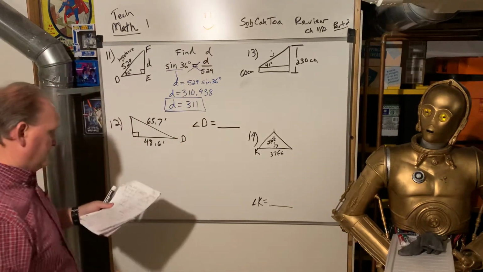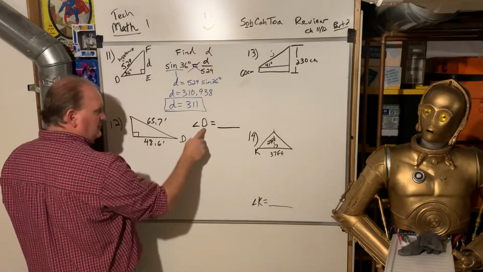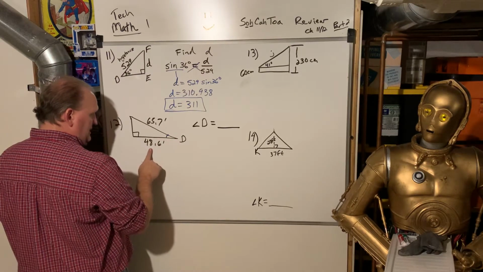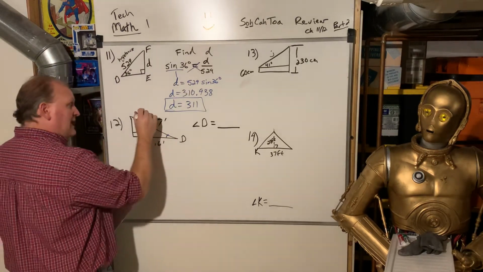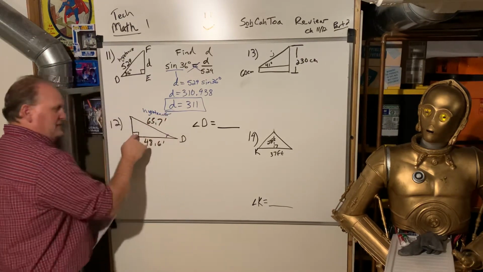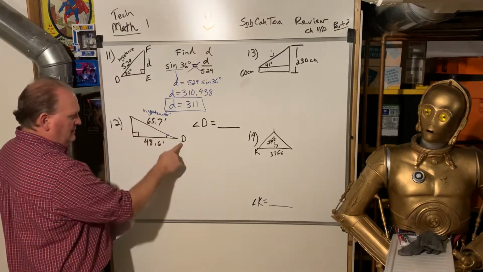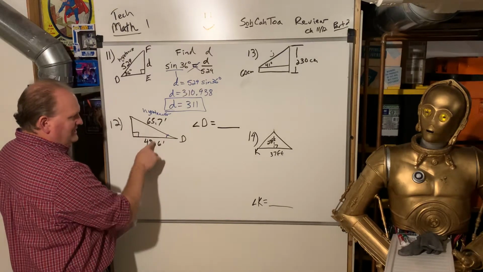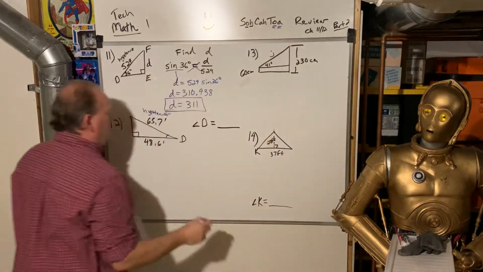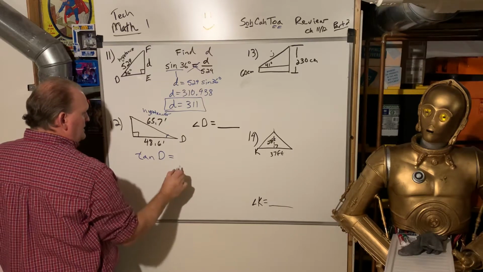Okay, let's look at this one. They want us to find angle D, this angle, and what do we have? We have adjacent, this would be the opposite, this is again the hypotenuse. Side opposite the 90 is the hypotenuse. So in reference to this angle, this is opposite, this is adjacent. So we have adjacent and hypotenuse. Adjacent and hypotenuse is tangent. So we're going to say the tangent of angle D is equal to